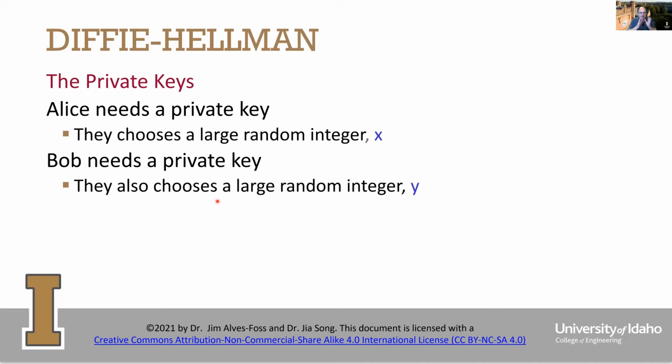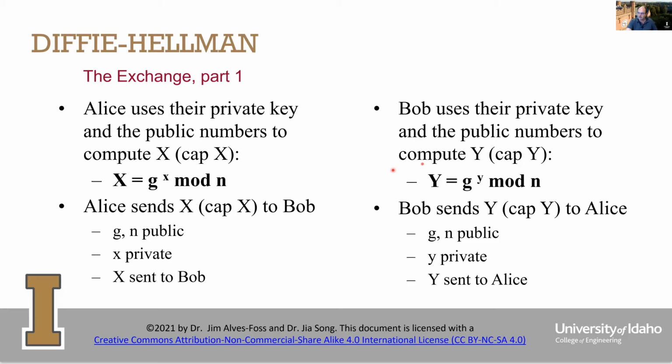All right, Alice, we're a public key crypto. Alice needs some type of private key. They will choose a large random integer, we'll call it X. Bob needs a private key. Bob will choose a large random integer, call it Y. Alice will use their private key and the public numbers G to the X mod N. So G is this generator that is a primitive root of N. And they will take G, raise it to this little x, their secret value, mod N,